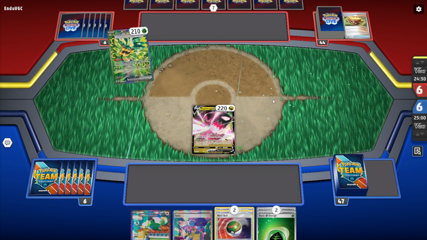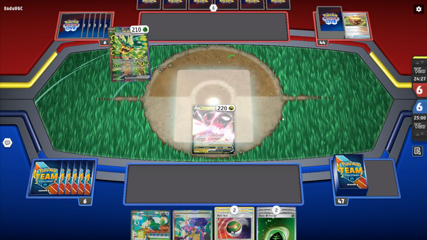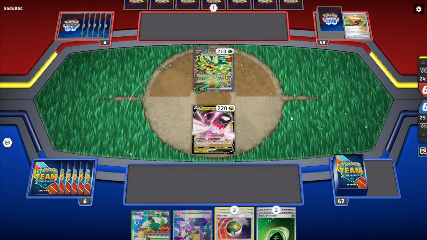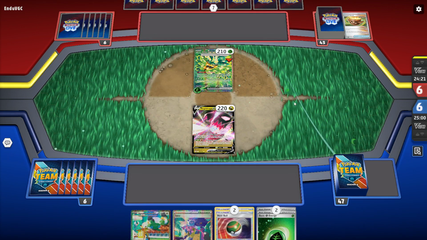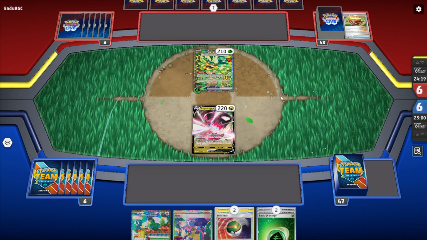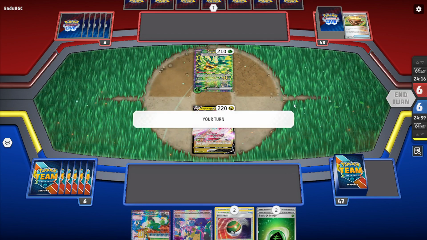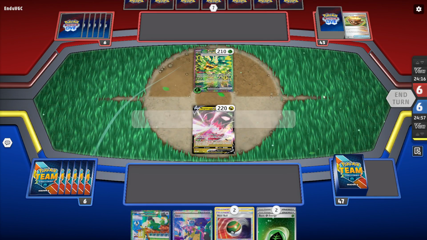Also, it's important to note that we're not playing any Radiants in this deck. Some decks play Radiant Charizard, but honestly, I did not choose to include it, and some decks play Professor Turo's Scenario, and I didn't include that either. Basically, what we have right now... Yeah, okay, so we basically just win now,